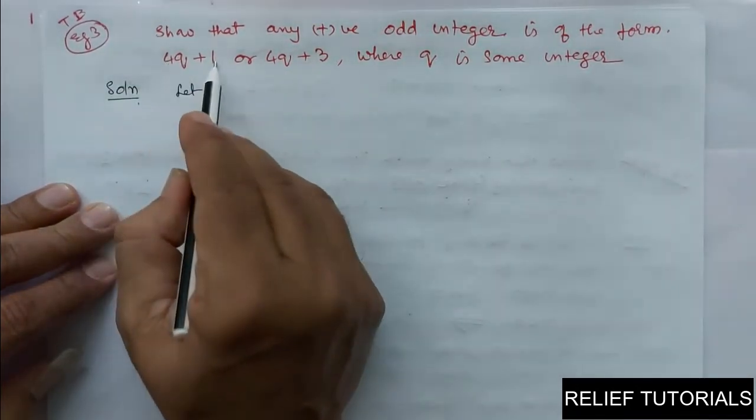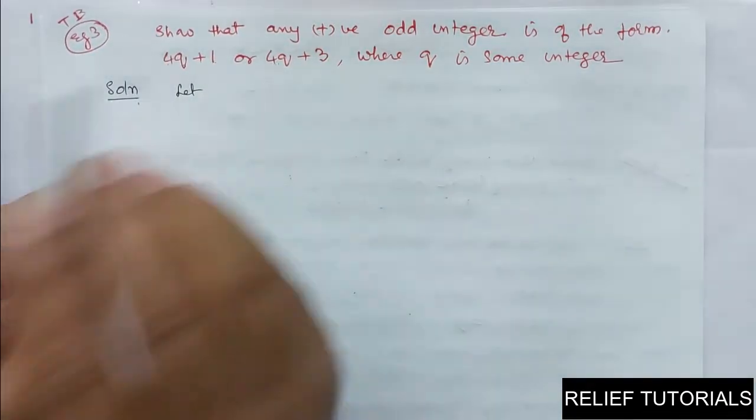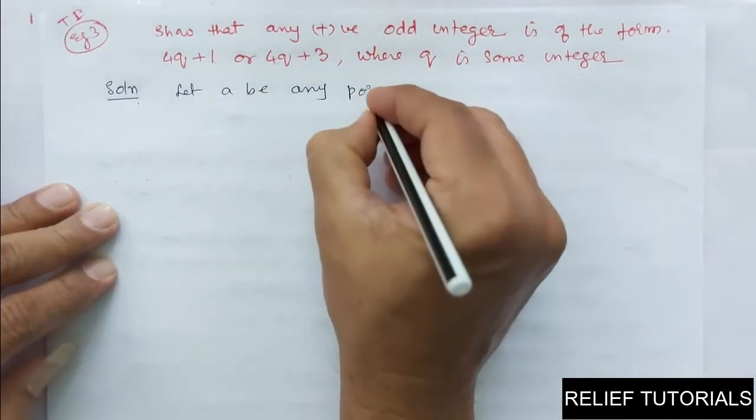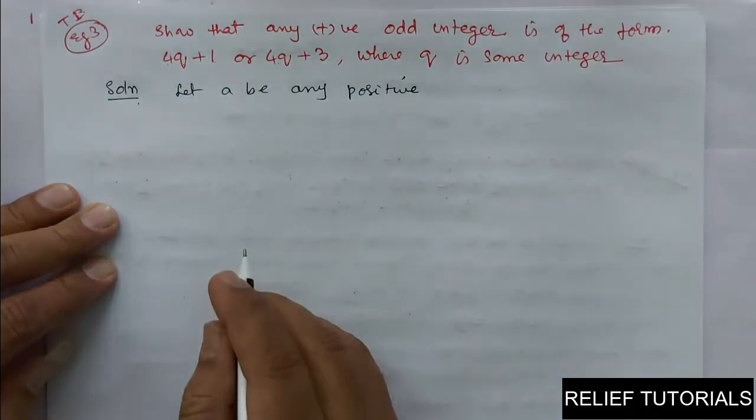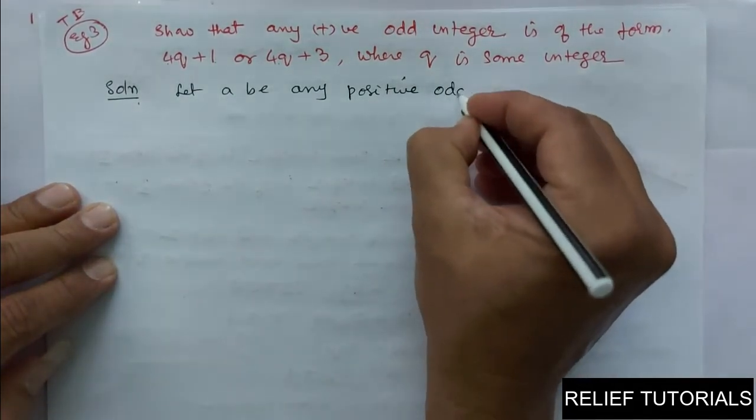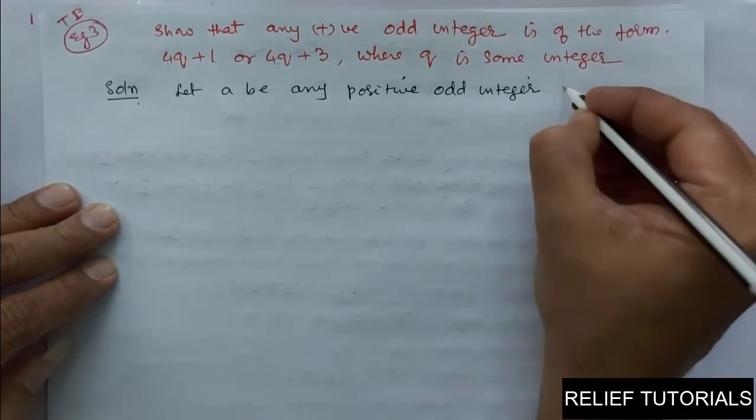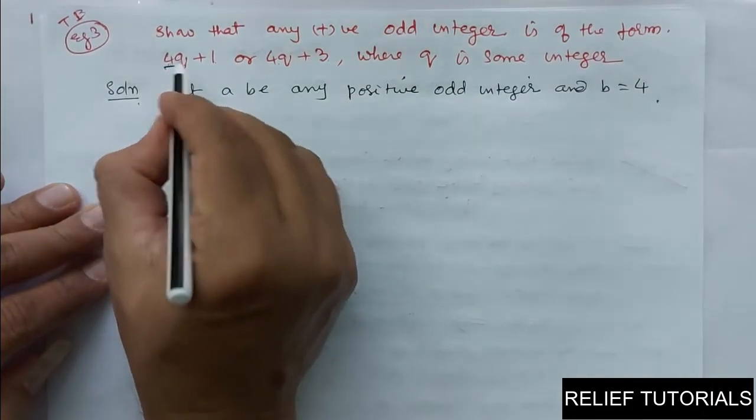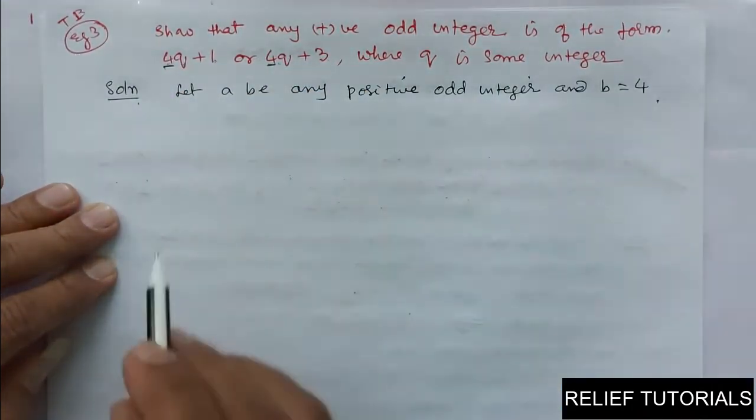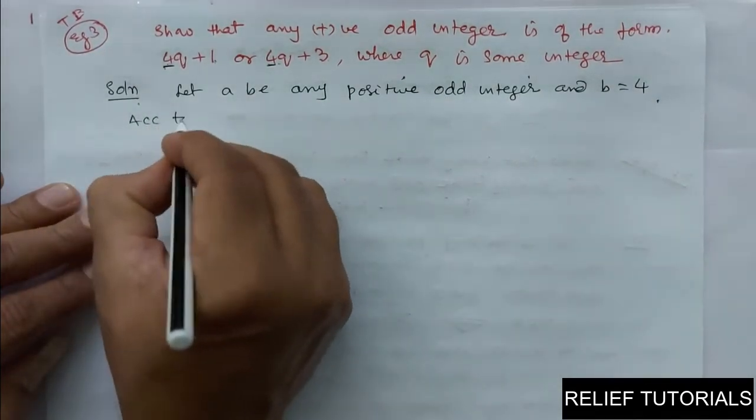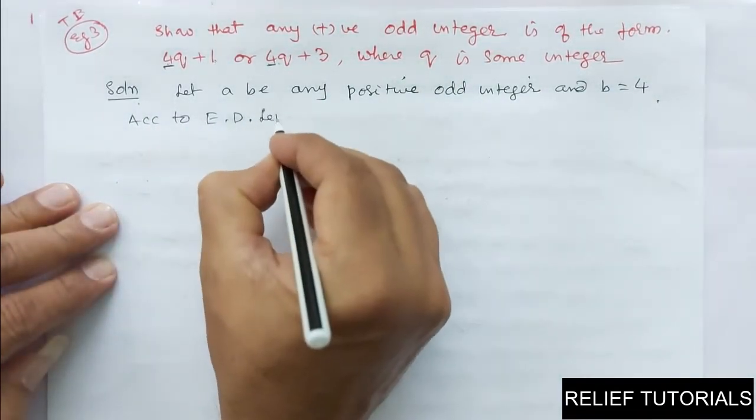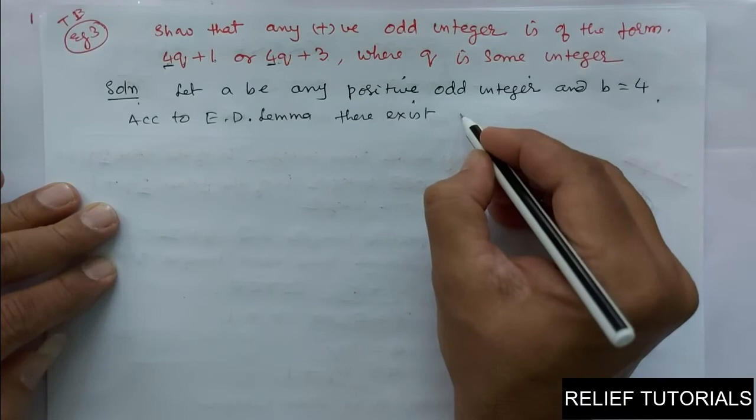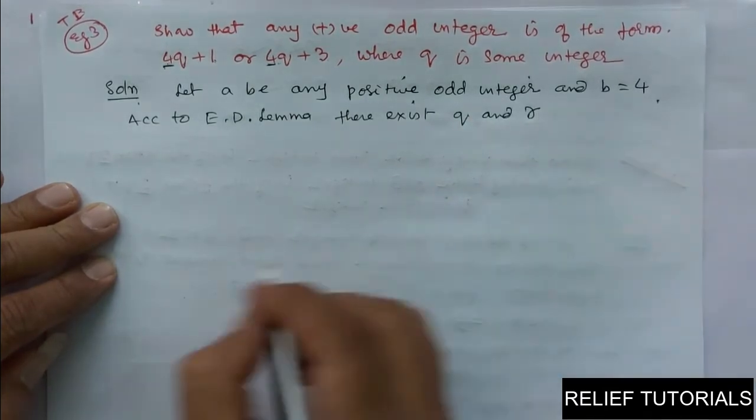So a is equal to bq plus r, so b is equal to 4. That's all. So here, suppose let a be any positive odd integer and b is equal to 4. Why? Because by looking here at bq plus r, b is equal to 4. Then according to Euclid division lemma, there exist unique q and r such that